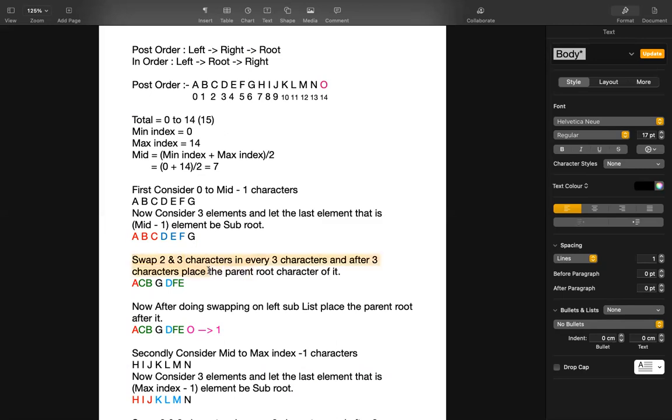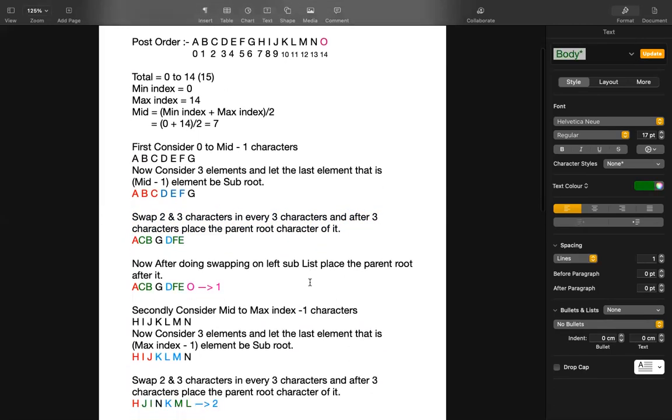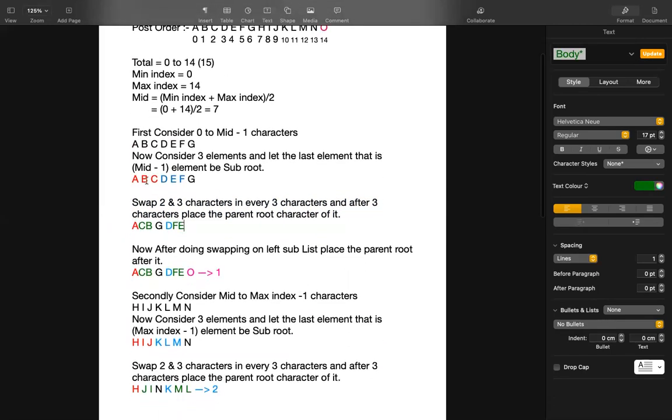Here we are doing that procedure. Swap the 2nd and 3rd characters in every 3 characters, and after the 3 characters place the parent root character of the sublist. As I discussed before, we are swapping B and C here and placing the root, the parent of this ABC, that is B. After that we swap E and F here, so we write FE after swapping.